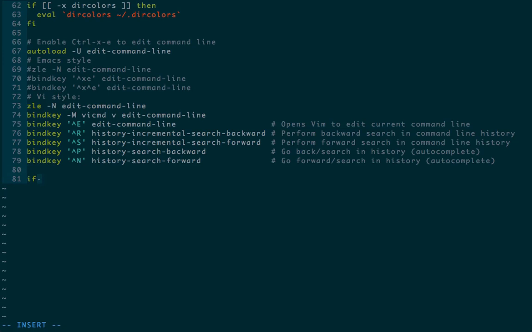So if we can read .aliasrc, then source .aliasrc. So whenever you open a new terminal, this file is run, and it'll try to read from your .aliasrc